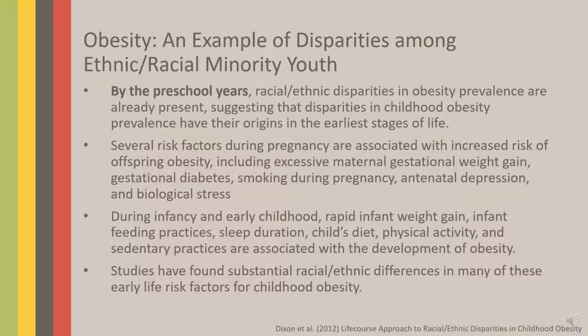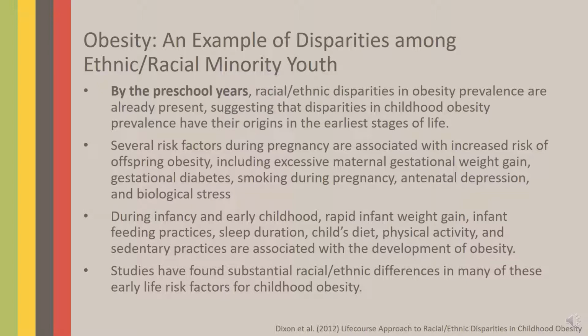Another study found that Hispanic women have a higher risk of gestational diabetes, and while a few studies have examined racial and ethnic differences in smoking during pregnancy or in maternal antenatal depression, a recent study showed that racial and ethnic differences in risk factors for obesity exist prenatally and in early childhood. In studies, children from underrepresented racial ethnic groups are found to have higher risk for various obesity risk factors compared with their white counterparts. Specifically, Black and Hispanic children had higher odds of antenatal depression, weight gain during infancy, introduction of solid foods before 4 months of age, maternal restrictive feeding, television in their bedrooms after age 2, and intake of sugar-sweetened beverages and fast food.